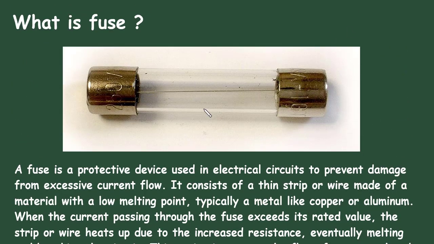So, a fuse is simply a protective device or safety device which prevents damage from overcurrent or excessive current. For normal current, the conductor or wire or strip will not melt, but for overcurrent, this conductor or wire heats up and breaks, which breaks the circuit and protects the appliances from overcurrent damage. So this is what